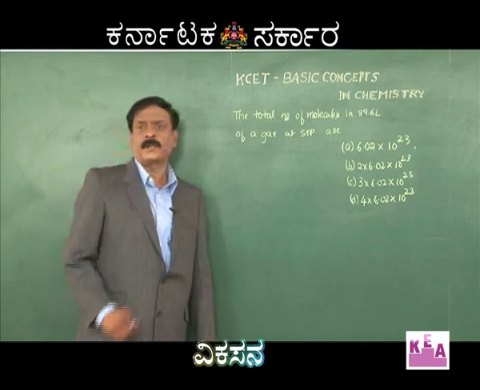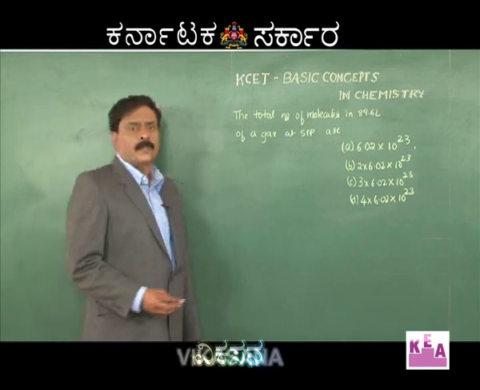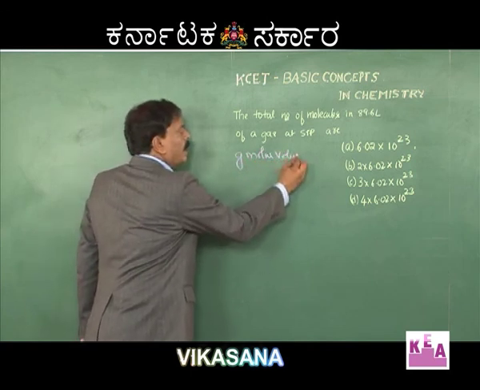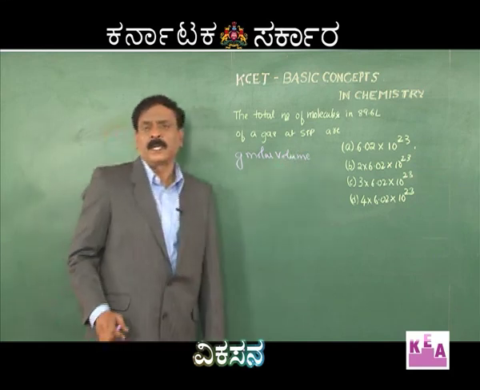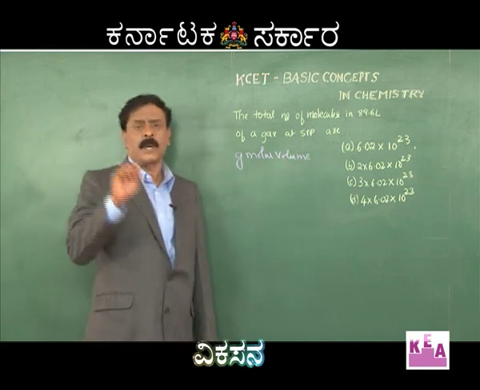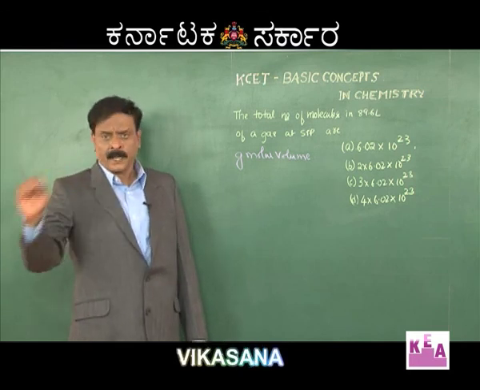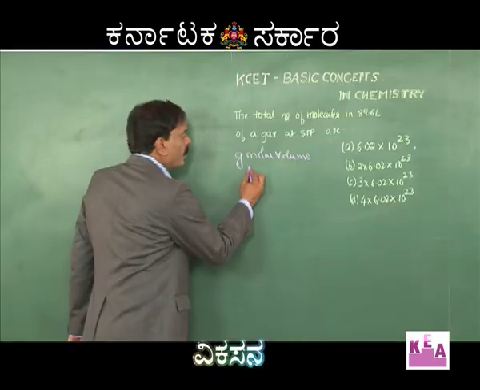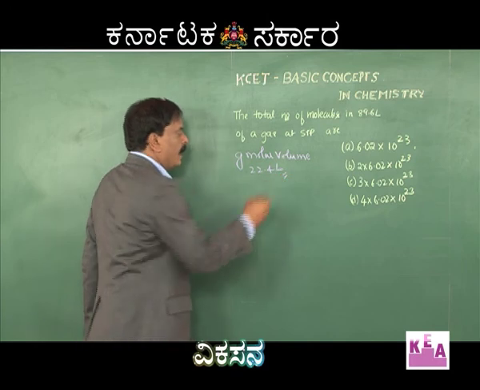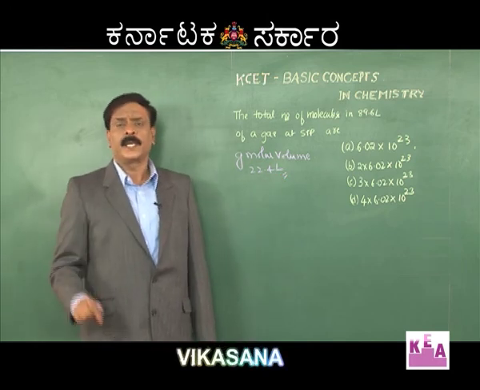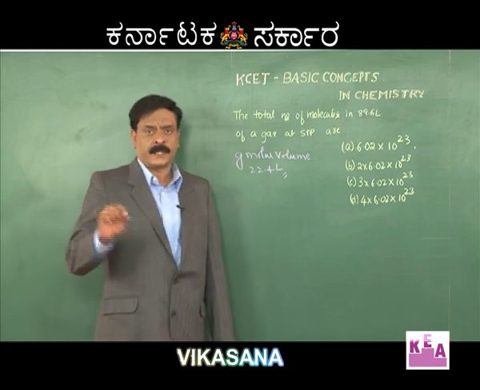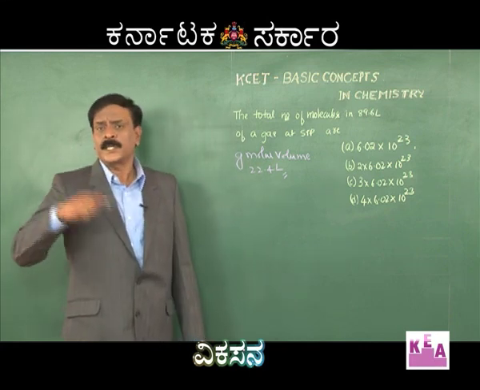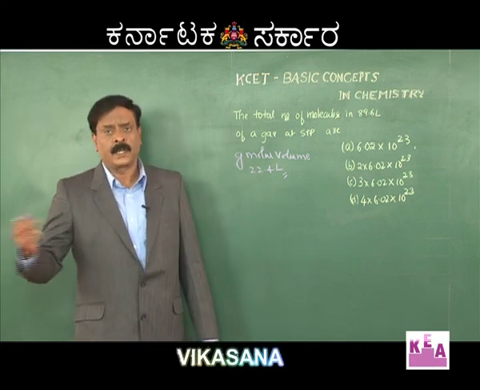Dear students, when you have to answer this question, you need to know the concept of gram molar volume. What exactly do we mean by gram molar volume? Gram molar volume is the volume occupied by 1 gram atomic mass or 1 gram molecular mass of a gas at STP, and that is equal to 22.4 liters. It is gram atom of a gas if the gas is in monoatomic state like helium and so on. It is gram molar mass if the gas is in molecular state like carbon dioxide and so on.